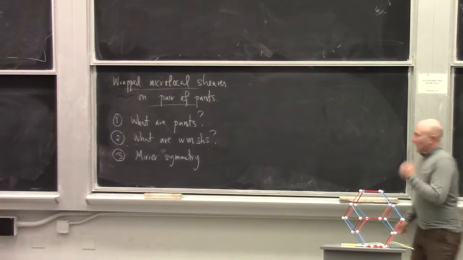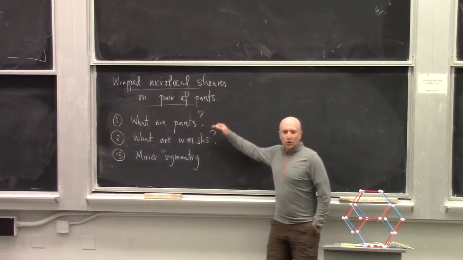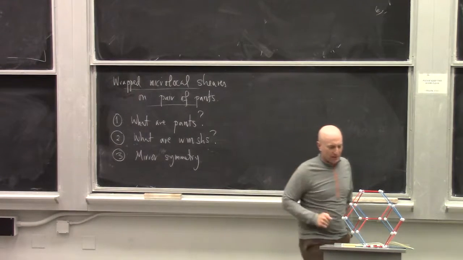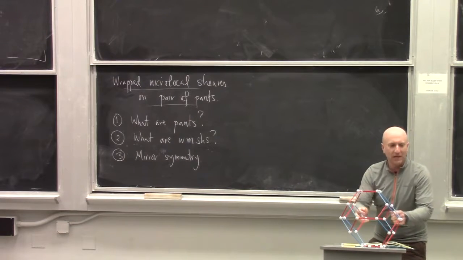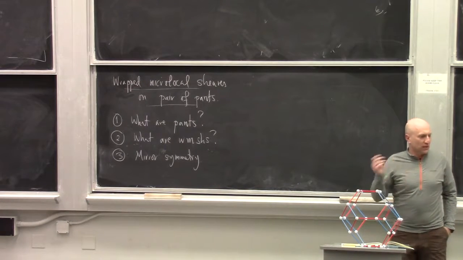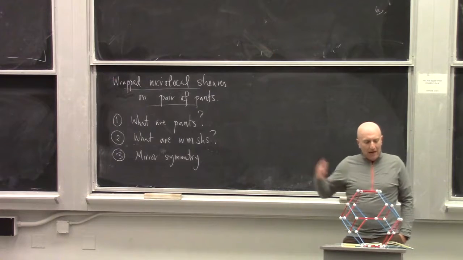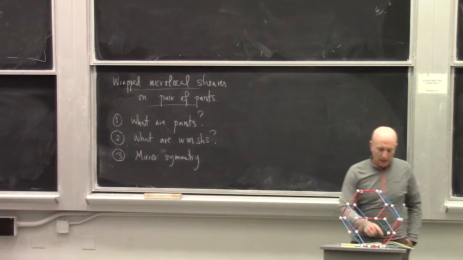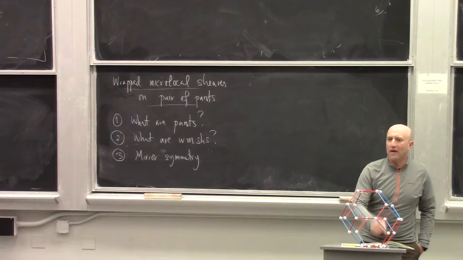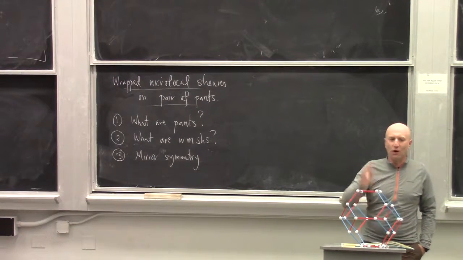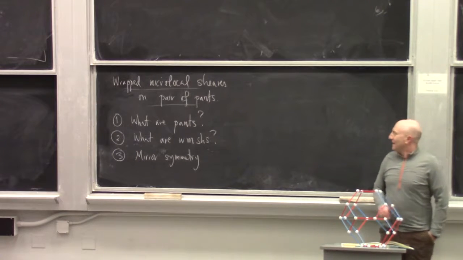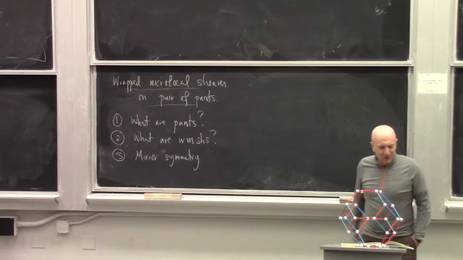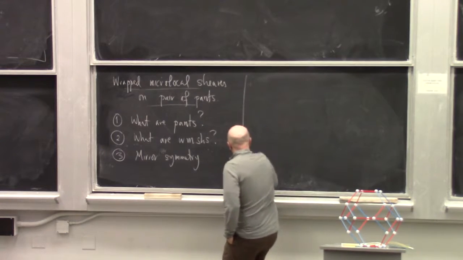Okay, so these two parts can be largely understood independently. I'm going to start with pair of pants, which is very concrete. Draw a lot of pictures, explain what this is doing here, and then shift gears and explain wrapped A-branes from the perspective of sheaves. Maybe Harold will talk about microlocal sheaves tomorrow, so I hope that any act of violence I do to microlocal sheaves won't deter you from Harold's talk.